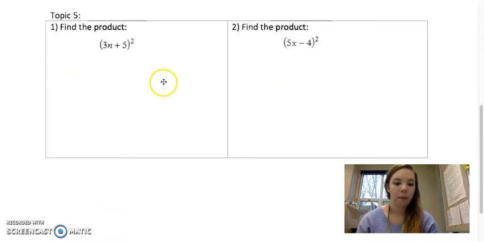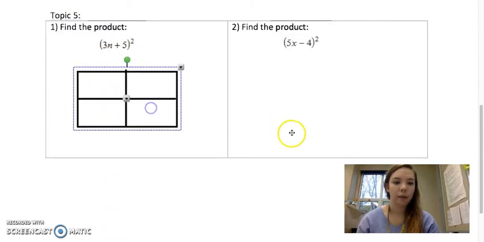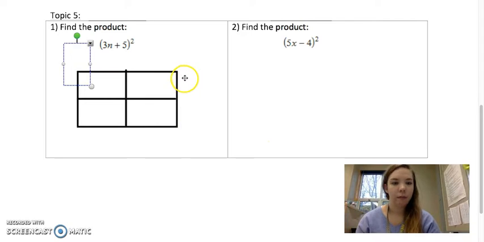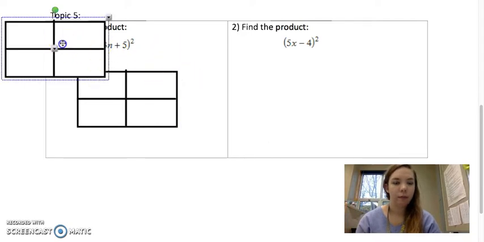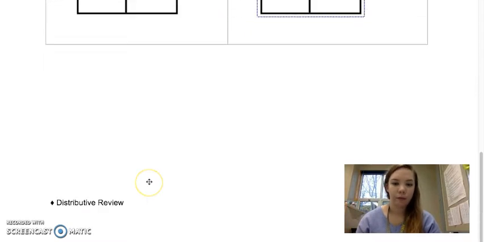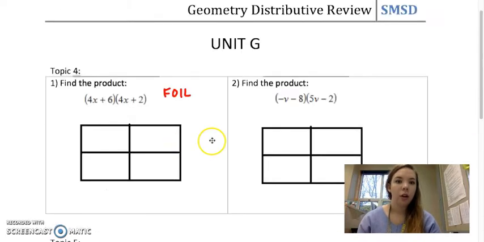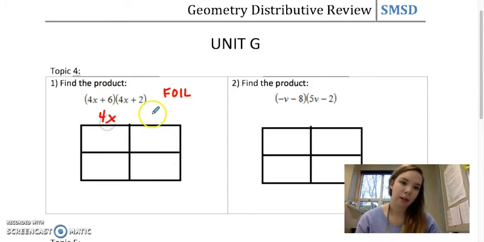Okay, so I'm going to go ahead and put some boxes in here. Okay, so I'm going to put one polynomial on the top, so 4x and 6, 4x and 2, and then